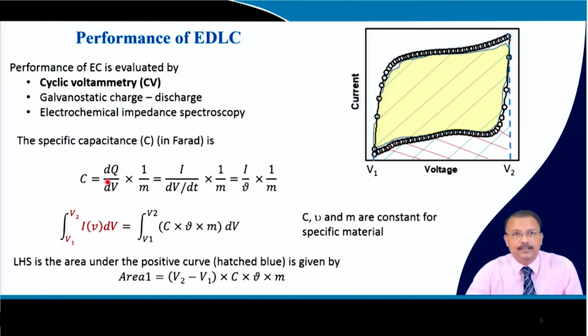So, this is done, and then we do a little bit of jugglery, because dQ by dt is I. So, I can always write I divided by dV by dt, and 1 by m stays there. dV by dt is nothing but the scan rate of this CV. So, I can write this relation with 1 by nu, the scan rate for doing the CV,